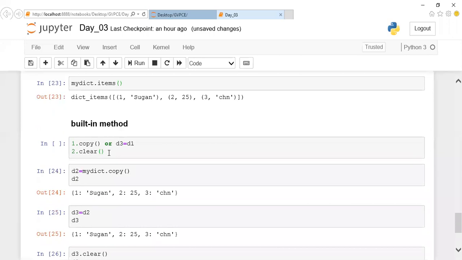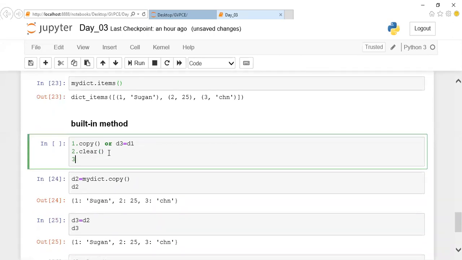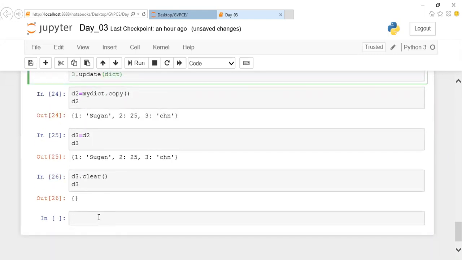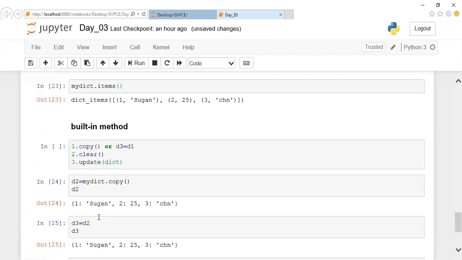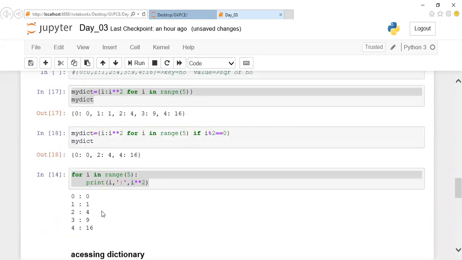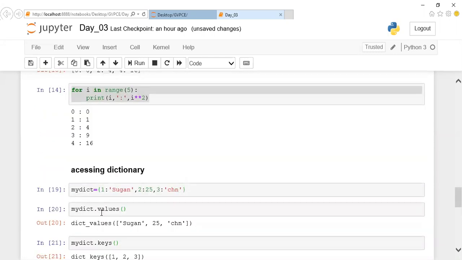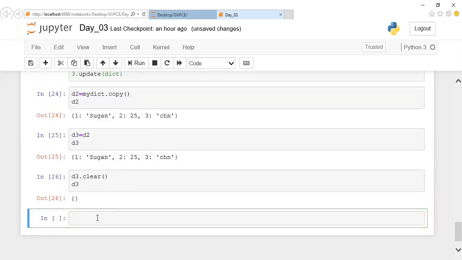And next, if you want to update one dictionary with another dictionary, I can make use of the update method. Inside this update method, you are supposed to pass only the other dictionary as a parameter. For example, let us take one more dictionary, my DACT3.